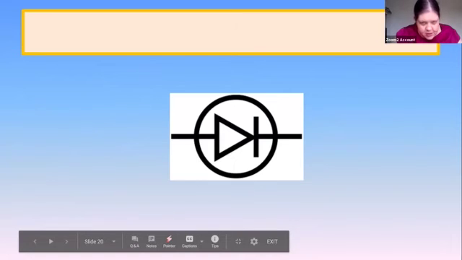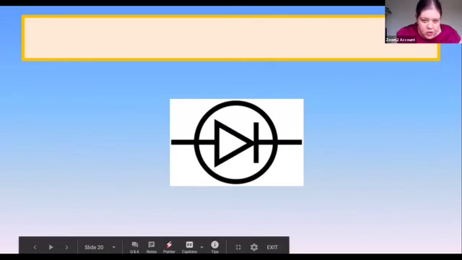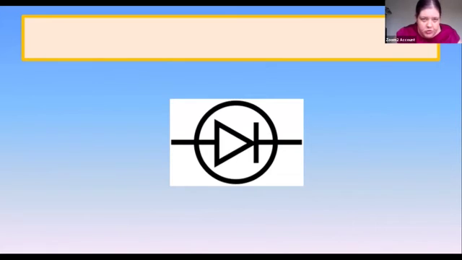I've got a little poll, and I picked a mean one. Anyone know what this is? You might need to move the poll to the side. When I launch it, I do drag them myself, but I don't know if they do. But what is the symbol on the screen in the middle? Is it a battery, a voltmeter, a diode, or a fuse?